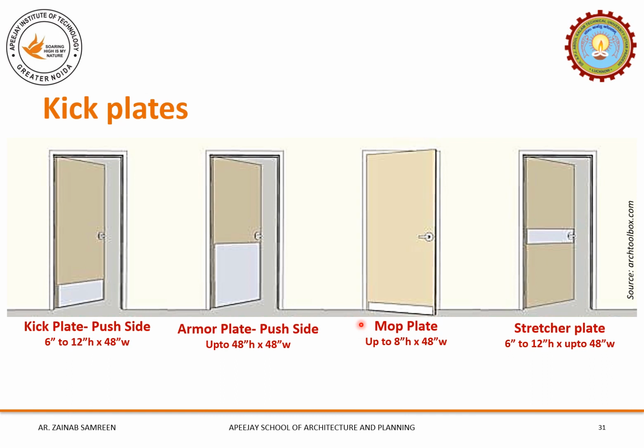The third one is the mop plate. As the name itself says, it's meant for the purpose of mopping. They are basically installed on the pull side of the door. Since the pull side of the door usually doesn't receive the abuse of feet or carts, a smaller plate is installed to take the bumps and dings from mops or vacuum cleaners, and they are typically 6 inches tall. Sometimes they also come in 4 inch and 8 inch heights.